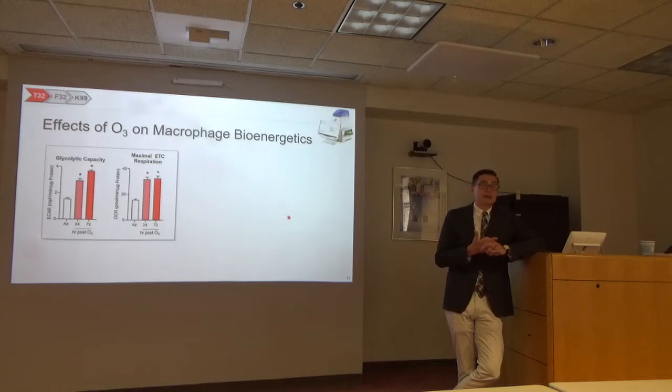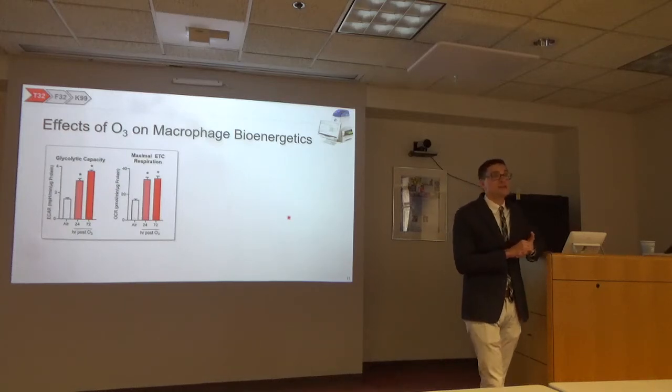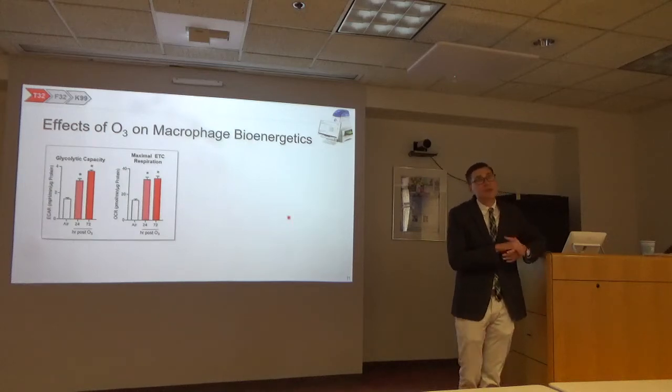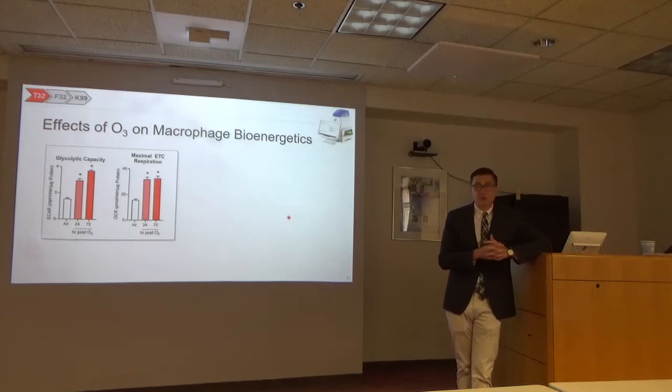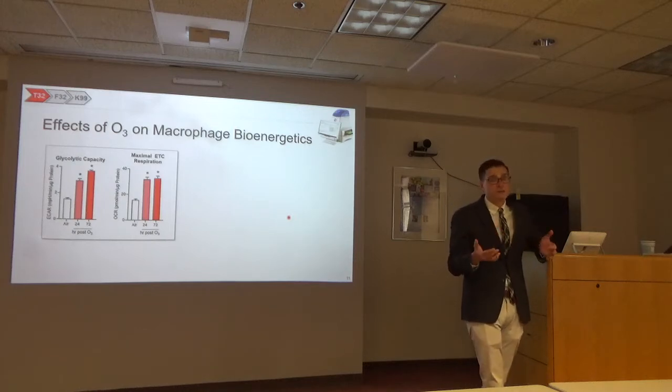This is essentially an extracellular flux analyzer. It allows us to take real-time measurements of extracellular acidification rates as a readout of glycolytic capacity, and measurements of the oxygen consumption rate, which gives us a readout of oxidative phosphorylation. And we can do this in live cells in real time. Basically, we expose the mice to air or ozone, collect the cells from the bronchoalveolar lavage, plate them into 96-well plates, and then use different inhibitors of different components of those pathways